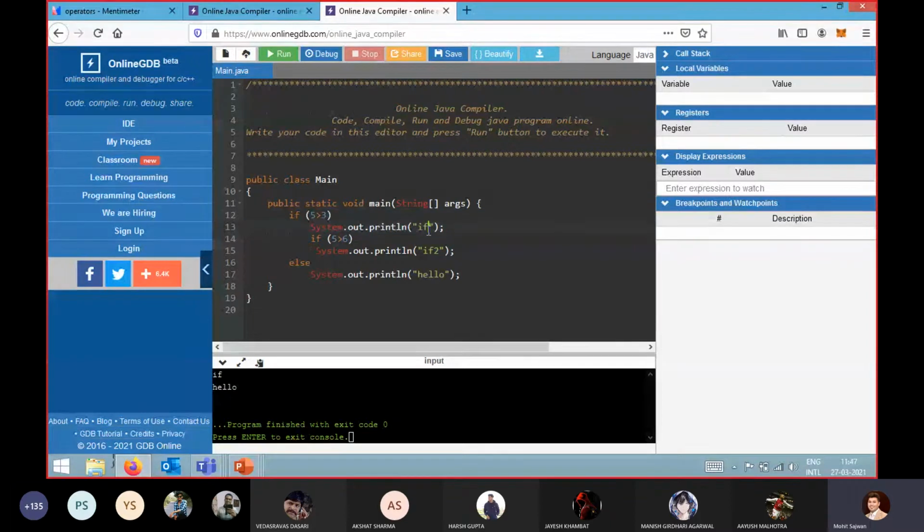We got the output if over there. While in the second case, 5 is greater than 6, it will return us what? The value which is false. So that is why we will go towards the else statement of this statement. So always keep in your mind, if you have several ifs, and after that you have else, so this else is related to which if? In that scenario, it is related to the closest if, which is nearest to this else.